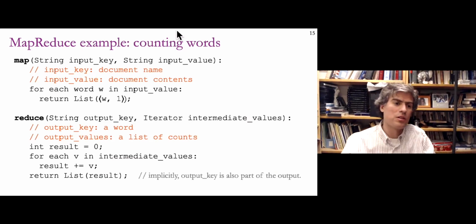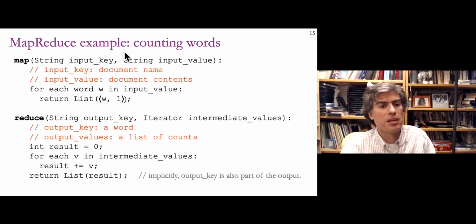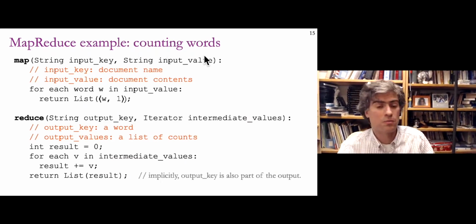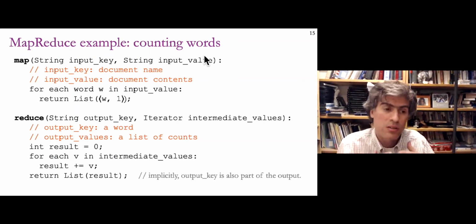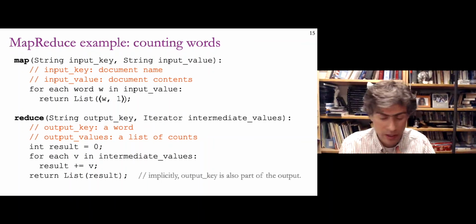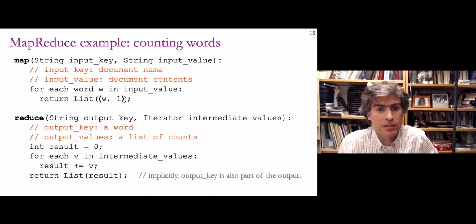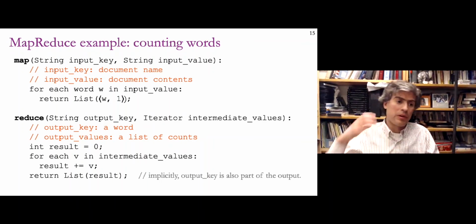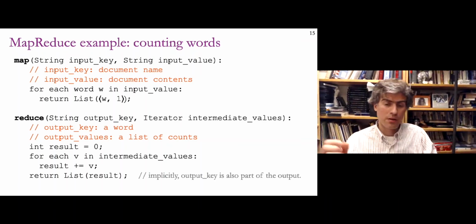Okay. So as an example here, the example I'm going to give, this very simple one, is counting words. We have a bunch of text files in a Hadoop distributed file system folder, just a huge amount of documents. We need to define a mapper and reducer that together will have an output that is